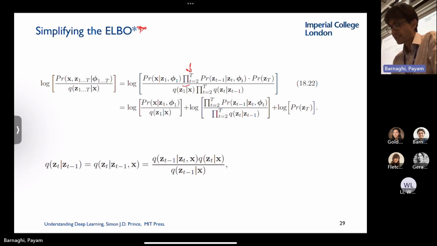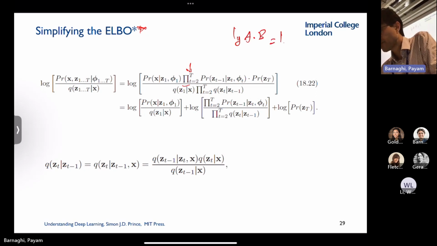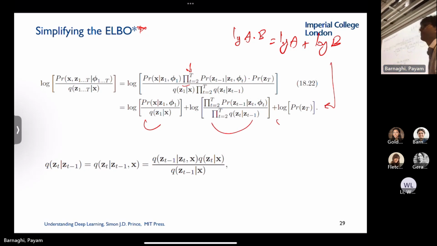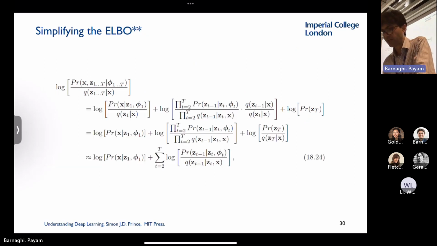If you take that and write it in that form, then you separate it, because again we talked about it: log of AB is equal to log A plus log B. If you apply this here, you will get something like this. Just do a bit of calculation, and I'll show how you're going to use that to define your